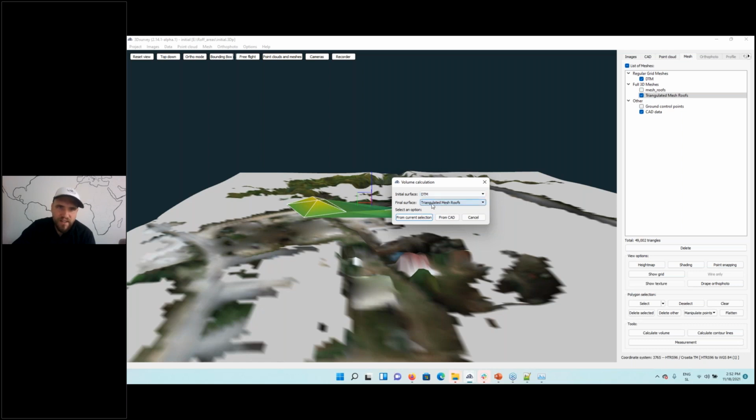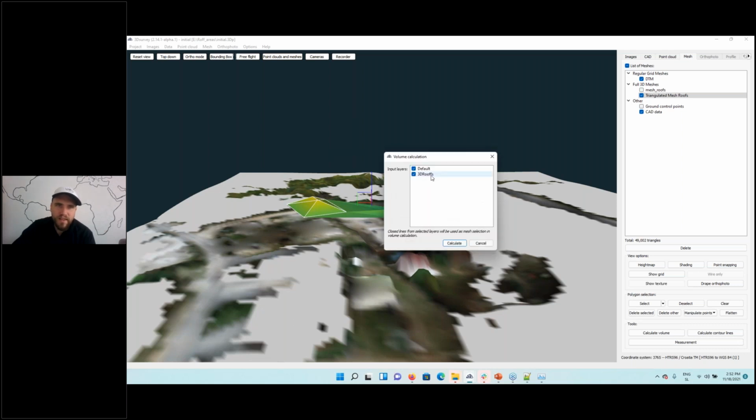And for the final surface, we will use triangulated mesh roofs. We'll use this function from CAD, and that means it will take boundaries, so that's closed polylines from the 3D roofs layer, and for each closed boundary that it finds, it will make one volume. Let's calculate,